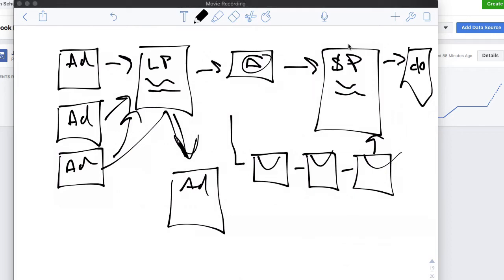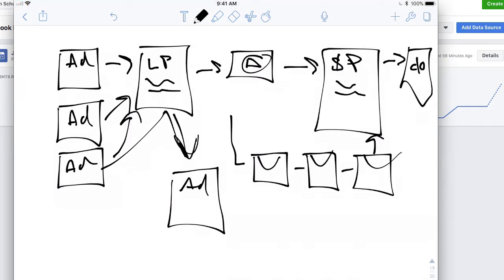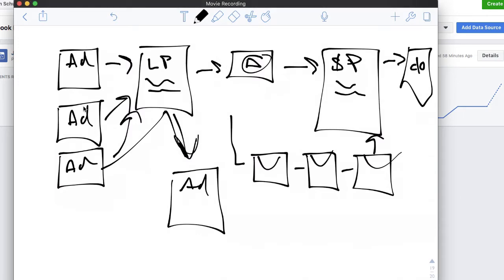So in this video, we are going to install the Facebook pixels. Obviously we've got our funnel here. We've got the ad to the landing page, to the webinar, to the sales page, to the checkout page. And in order for Facebook to actually see what's going on throughout our funnel, and in order for us to actually track inside of Facebook and set up our custom conversions, we have to have the Facebook pixel installed